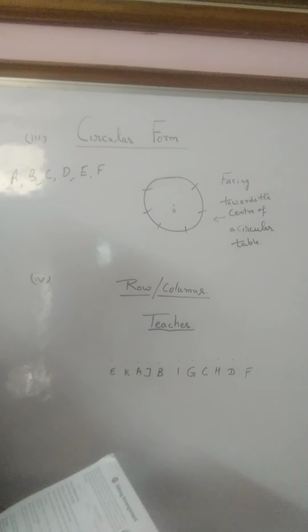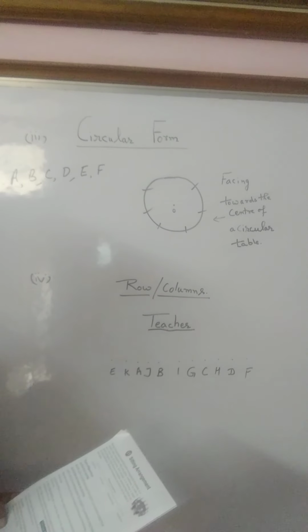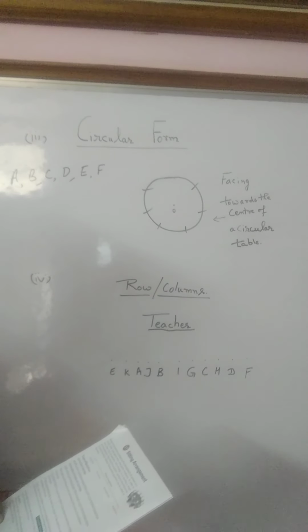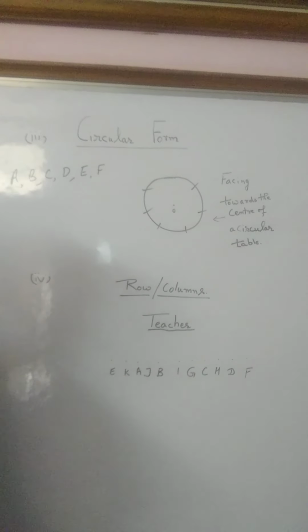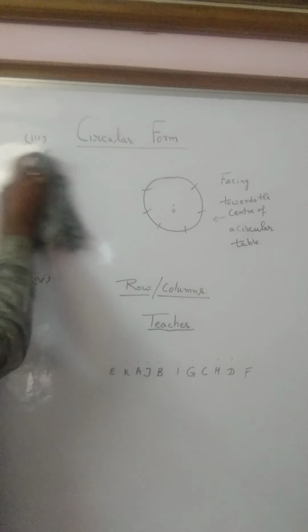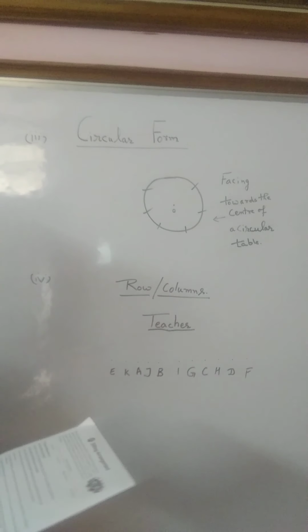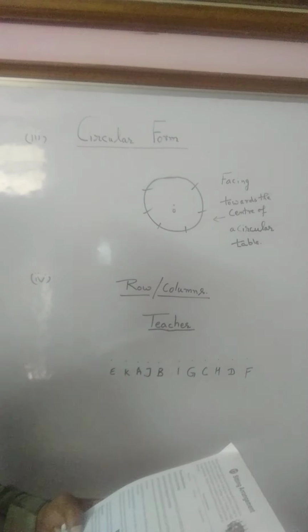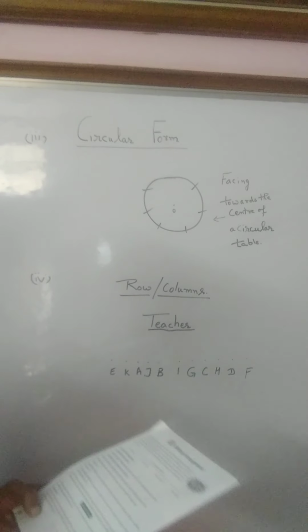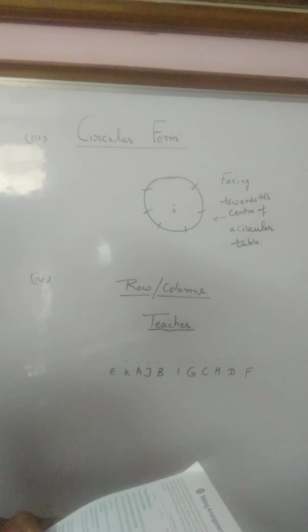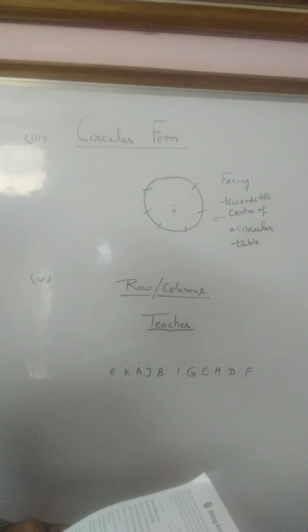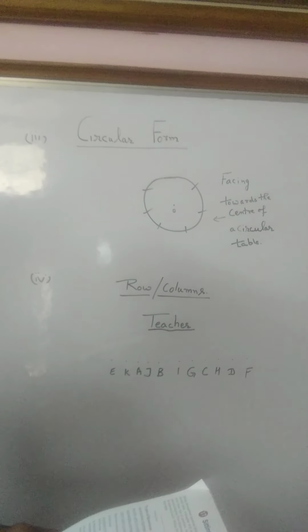Now he says that A is sitting to the right of Mohan. Let us take the names of the boys also, that is very easy. Instead of A, B, C, D, it will be a bit confusing. 6 boys are sitting in a circle and facing towards the center of the circle. Clear? Then instead of A, B, C, D, we are now taking their names as Rajiv, Mohan, Vijay, Suresh, Babu and Ajay.